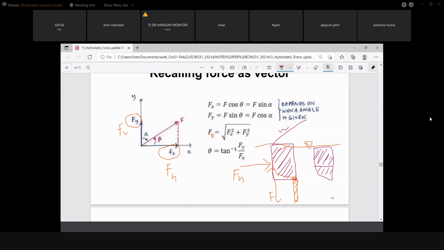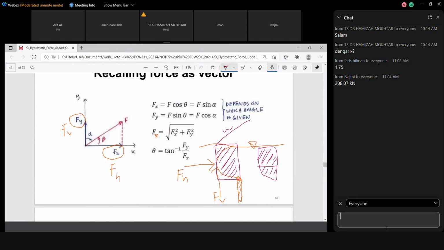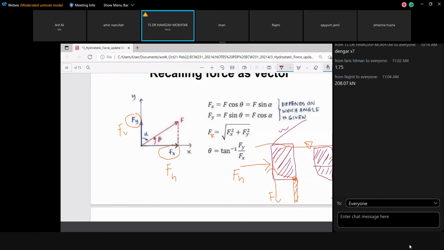Up to the free water surface. So this is your area. This is the area for